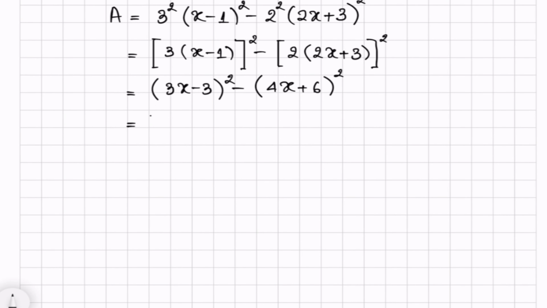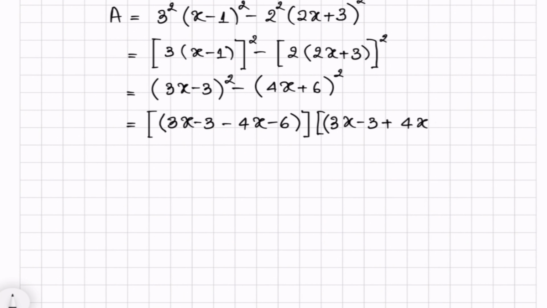Then we can use the formula. The first term represents a, so we get (3x minus 3) minus (4x plus 6), and then times (3x minus 3) plus (4x plus 6), and then equal to